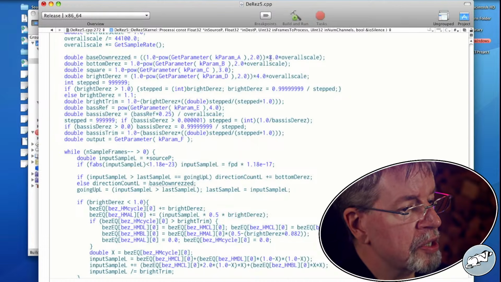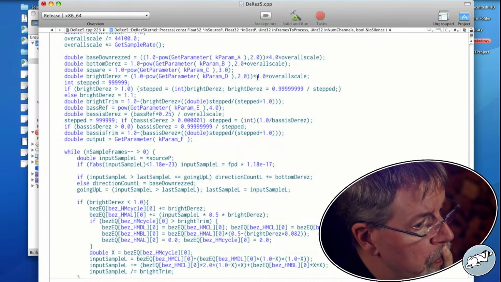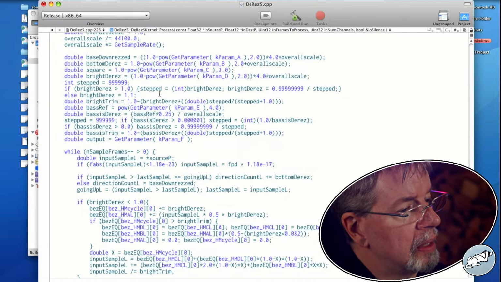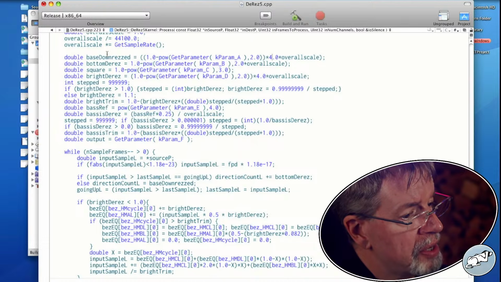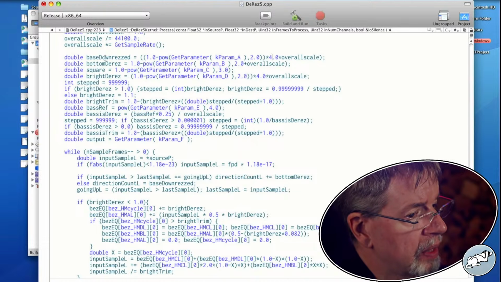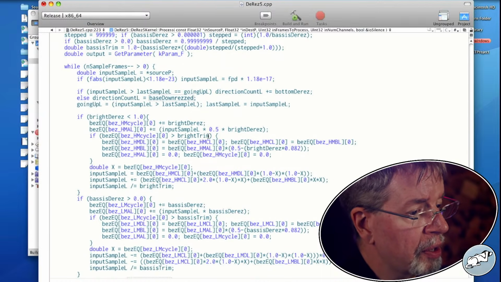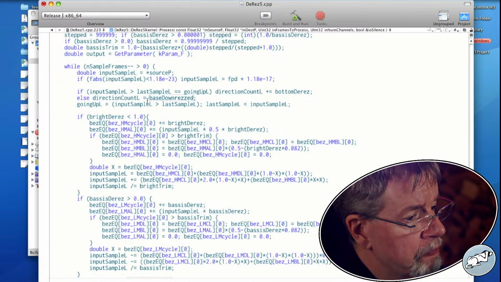So that's kind of interesting. Also, I feel like this is far too effective, so I'm going to dial it back again. We're no longer referring to these from this. So this gets to be a 0. If I edit all in scope, it'll show me where they all are. Direction count L then can become 0 if you tell it to be.